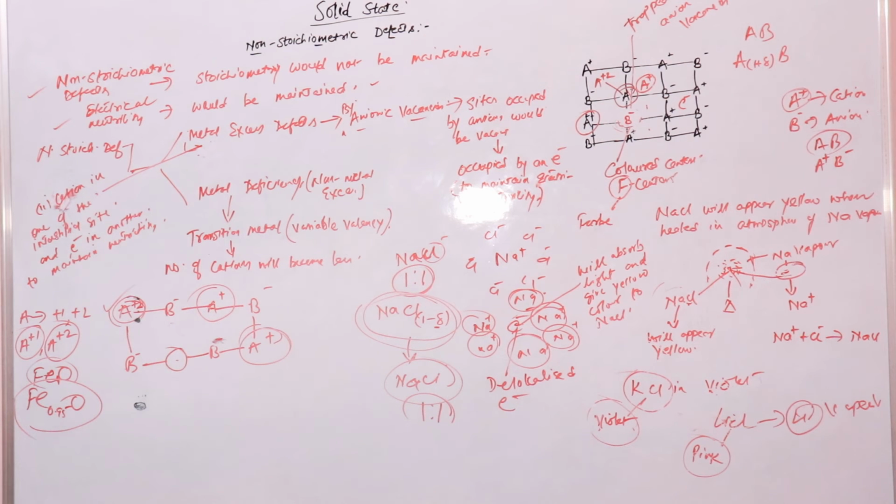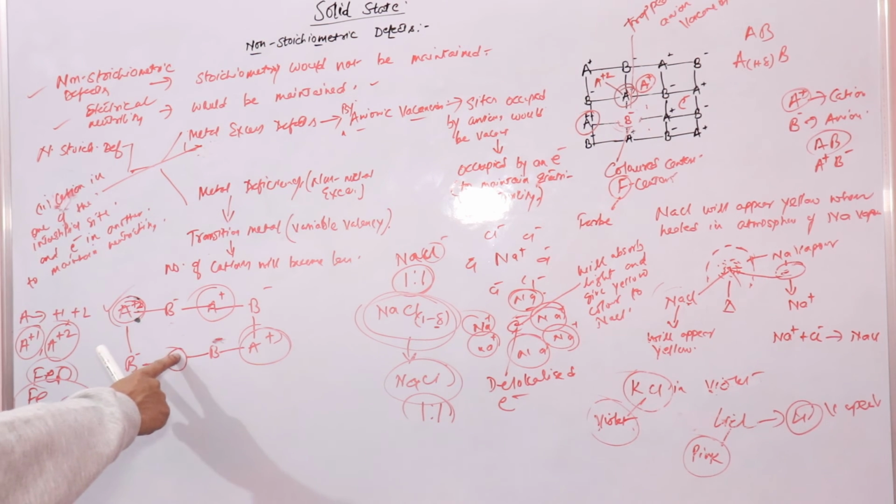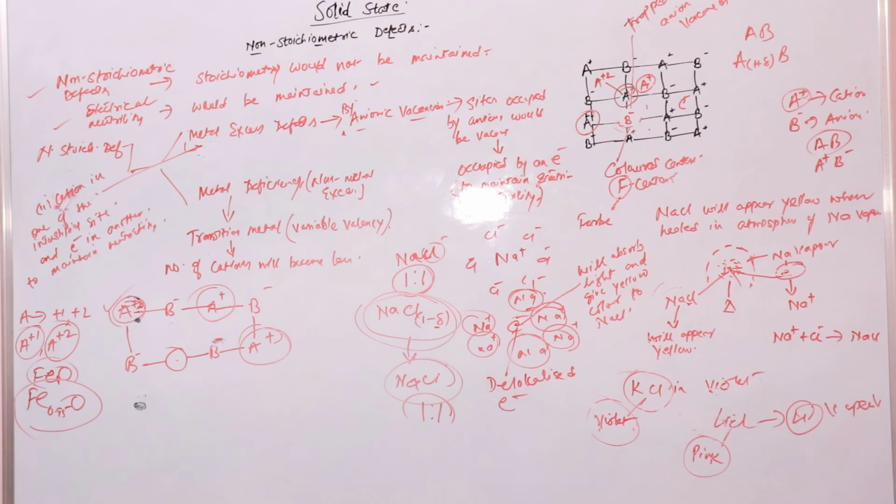So here, the presence of a cation having higher charge in the adjacent site, you will see, right? A+2 is a metal cation of higher charge, right? And it occurs due to the missing of a cation from its lattice site. You see this lattice site is empty, right? So a metal cation is missing from its lattice site, and there is the presence of a cation having higher charge in the adjacent lattice site, this one, right? So this is shown by FeO.